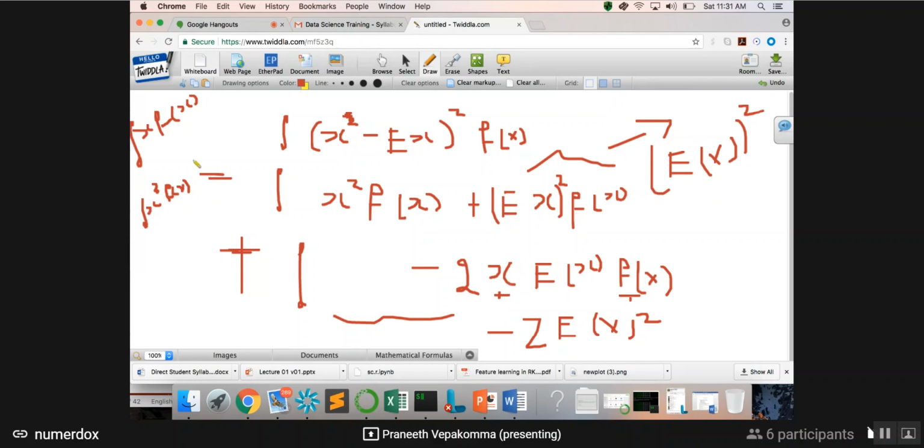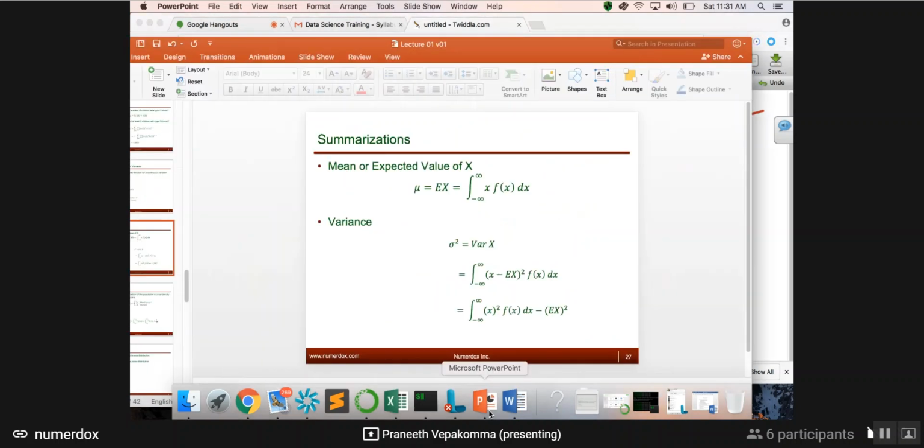Now, as you see here, using the same formula, this is the formula for expectation, to repeat. And you have an integral on it, which is going to give you expectation. So we have negative 2 times expectation, which is this. So you have negative 2 expectation of x whole square and plus expectation of x whole square. So this is minus 2 plus 1, right? So this cancels out and this becomes 1, which gives you the exact formula, which is this term minus expectation of x whole square, which is exactly what you have here. So that's the derivation. I got it.